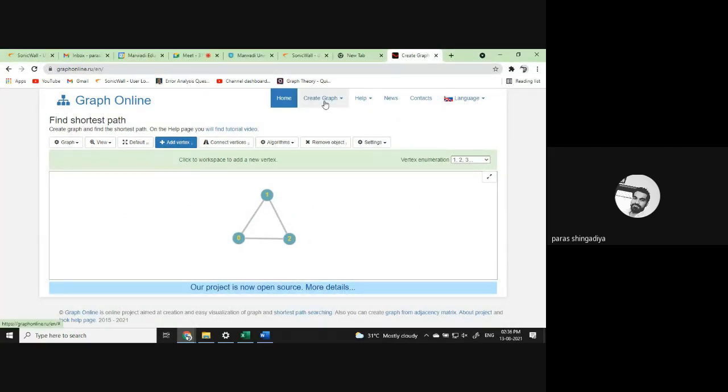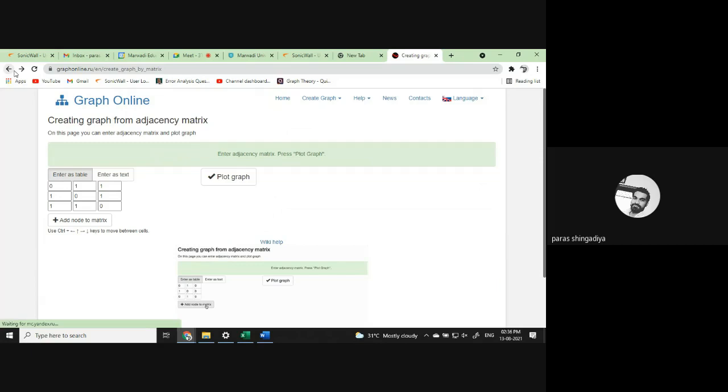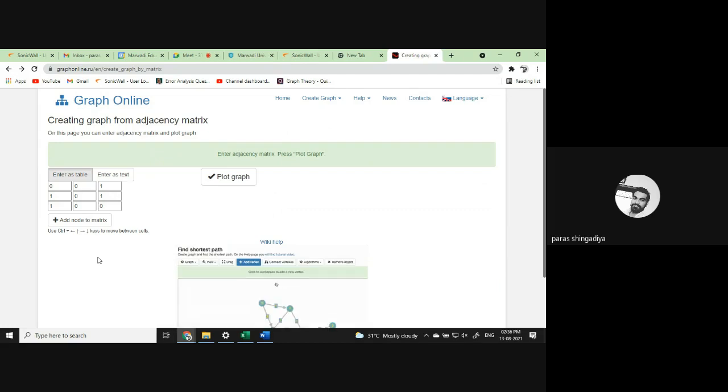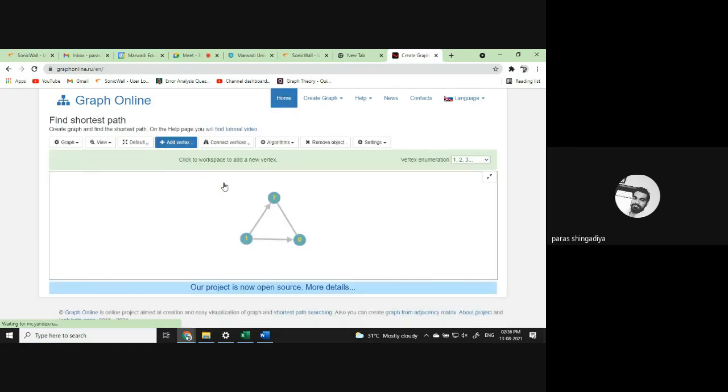Okay, let's create one example here, which is not symmetric. Okay, now you can see this matrix. The entries are 0 0 1, 1 0 1, and 1 0 0. Clearly, it is not a symmetric matrix. Okay, when we consider its transpose, it will not match. But let us create a graph here. Can we consider the graph or not? So which type of graph will you get? Now you can see that